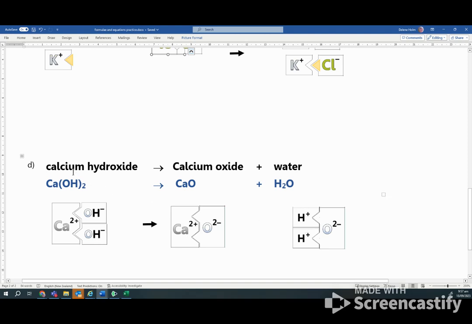So in decomposition, you pretty much always form the oxide. So calcium carbonate would form calcium oxide plus carbon dioxide. Calcium hydroxide will form calcium oxide plus water. So if it was a carbonate, it forms carbon dioxide. If it's hydroxide, it tends to form water. And in each case, you get the